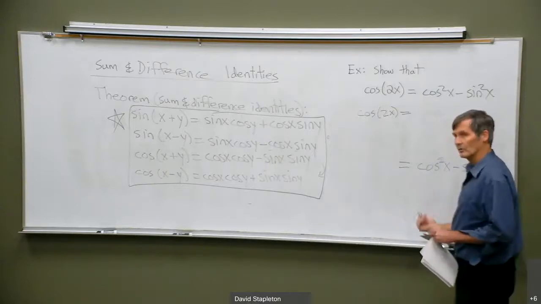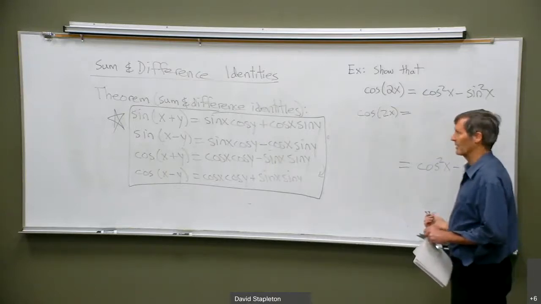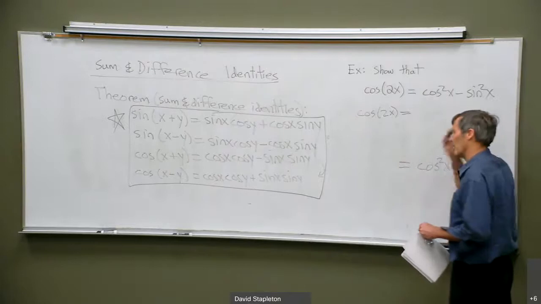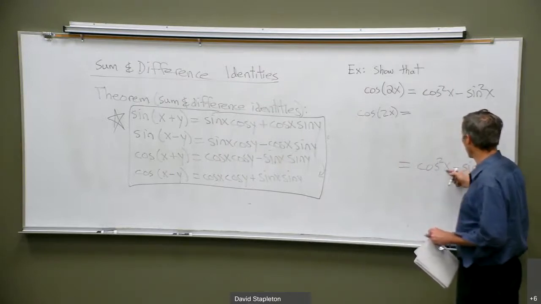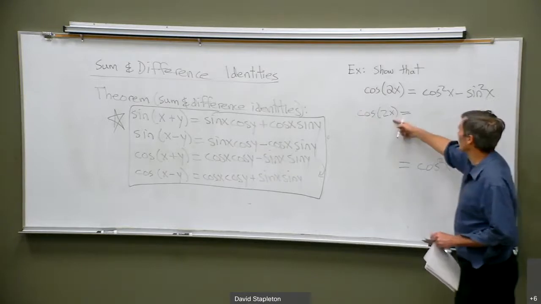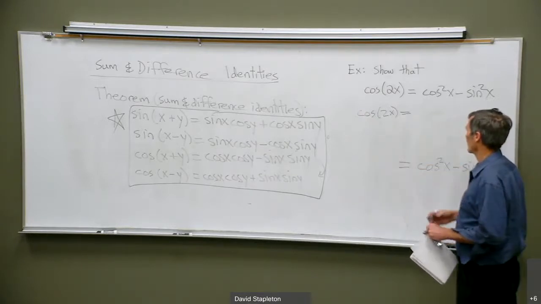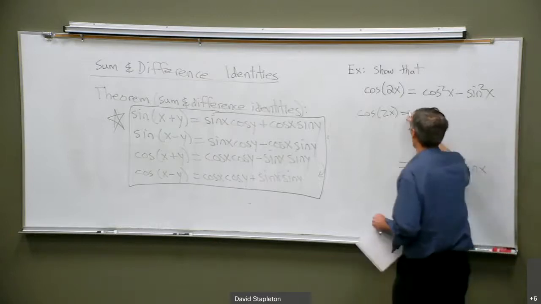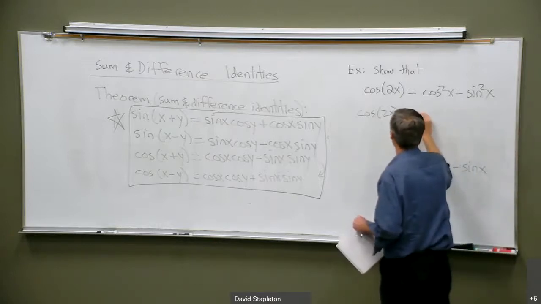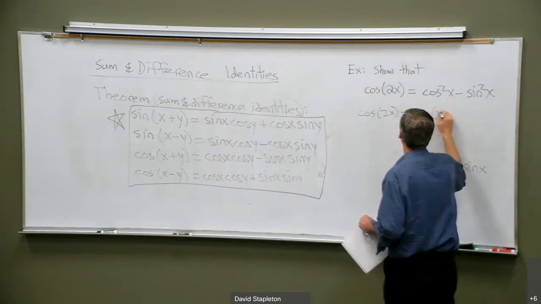Well, it's the rule 0 that we haven't had to apply because I said it didn't apply last section. It doesn't apply to this section. Whenever you have an identity that has more than one angle, here we have x on this one and we have 2x on this one, we got to get rid of that double angle. So what can we do by following our rules of thumb? The first thing to do is rewrite this as cosine of x plus x,